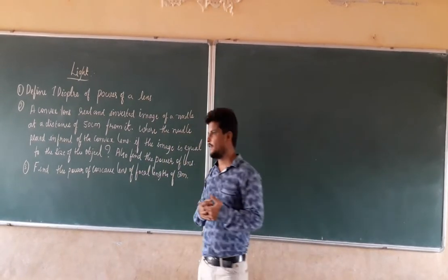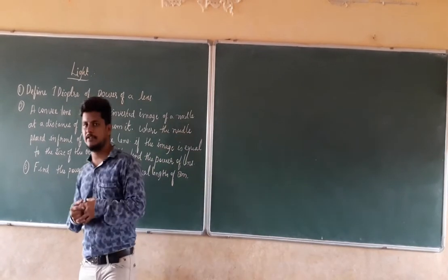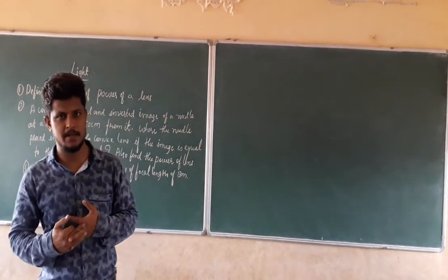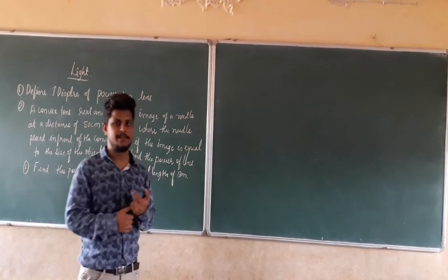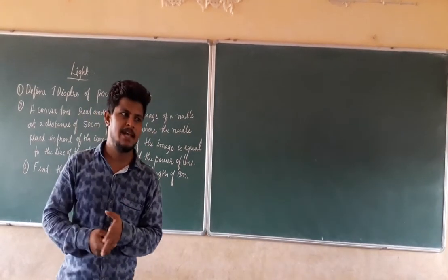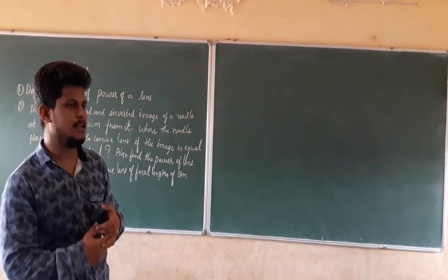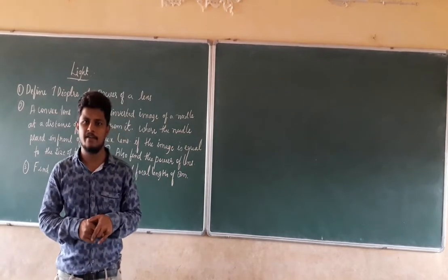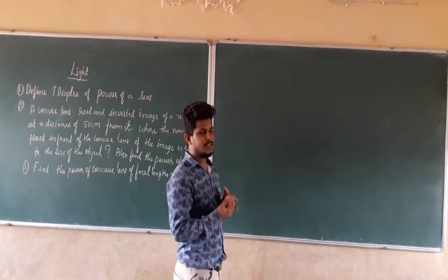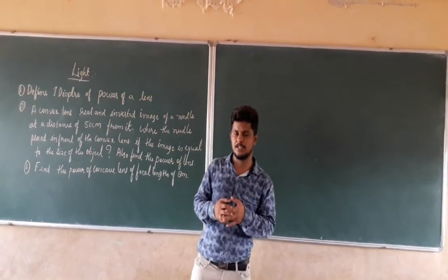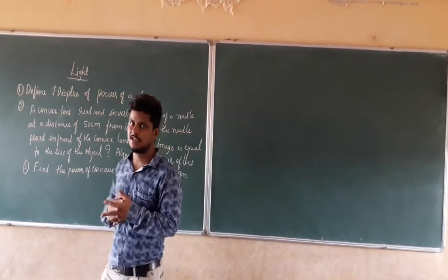In the last class, we discussed the light topic. We discussed image formation by spherical lenses. We discussed the ray diagrams for the convex lens and concave lens, and we solved some numericals which are going to come in this topic. That is nothing but the convex lens as well as the concave lens. Right? In those classes, we discussed the lenses, and the convergence and divergence of the lens.